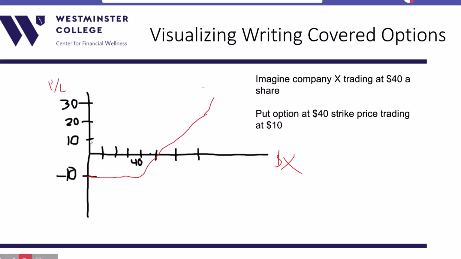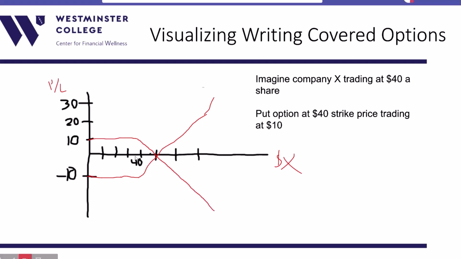Or in simpler terms, they think that you're full of crap and that share price isn't going to go up. It's going to stay low, and they are just going to make 10 easy bucks off of you because you are a sucker who doesn't understand the stock market. So what that ends up looking like